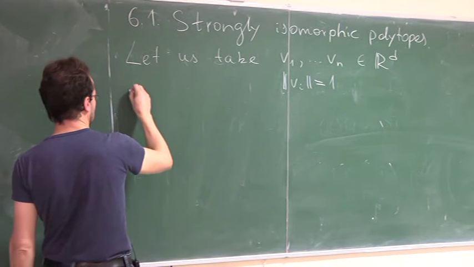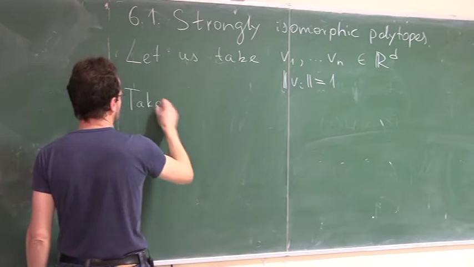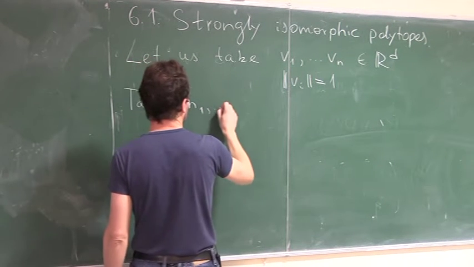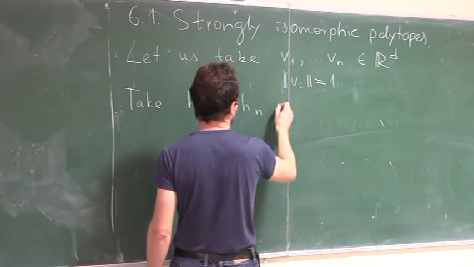And to define the polytope, take also h1, so on hn in R,